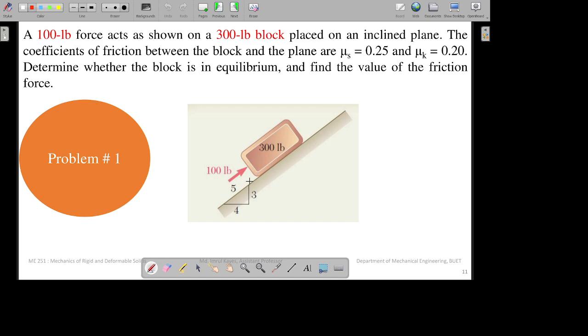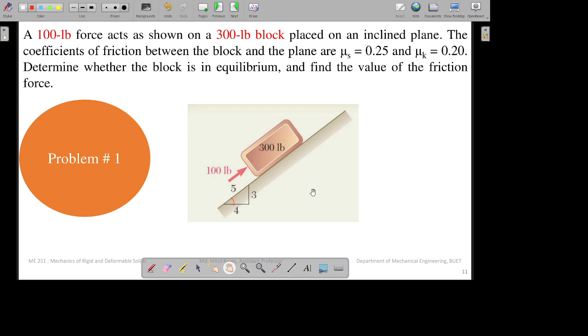So here is a block and that is an inclined plane. The angle of inclination can be determined from this triangle, which we'll do later on. But for now, let's just analyze the question. There is a block here. You are applying some force inclined to the plane. The value of the force is 100 pound. So you have to determine whether the block will stay in equilibrium, or will go upwards along the plane, or will go downwards. So let's first